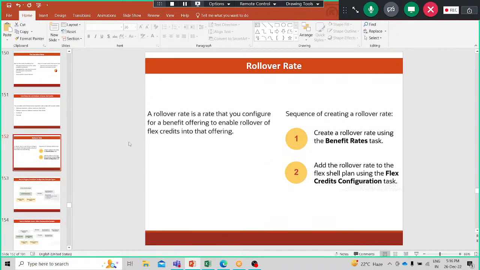So here we are going to talk about the rollover rate. The rollover rate is a rate that you can configure for a benefit offering to enable rollover of a credit into that actual offering. And it's pretty common to see these things going into an FSA or an HSA. The sequence for creating a rollover rate would be to create the rollover rate using the benefit rate task, and then add the rollover rate to the flex cell plan using the flex credit configuration task, and we will take a look at that. So let's just go to the application and